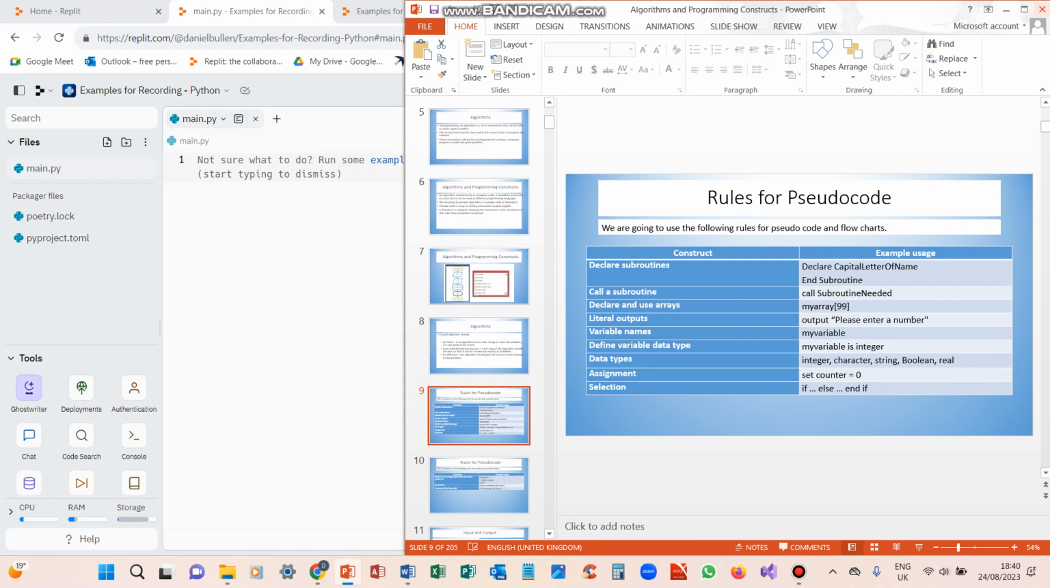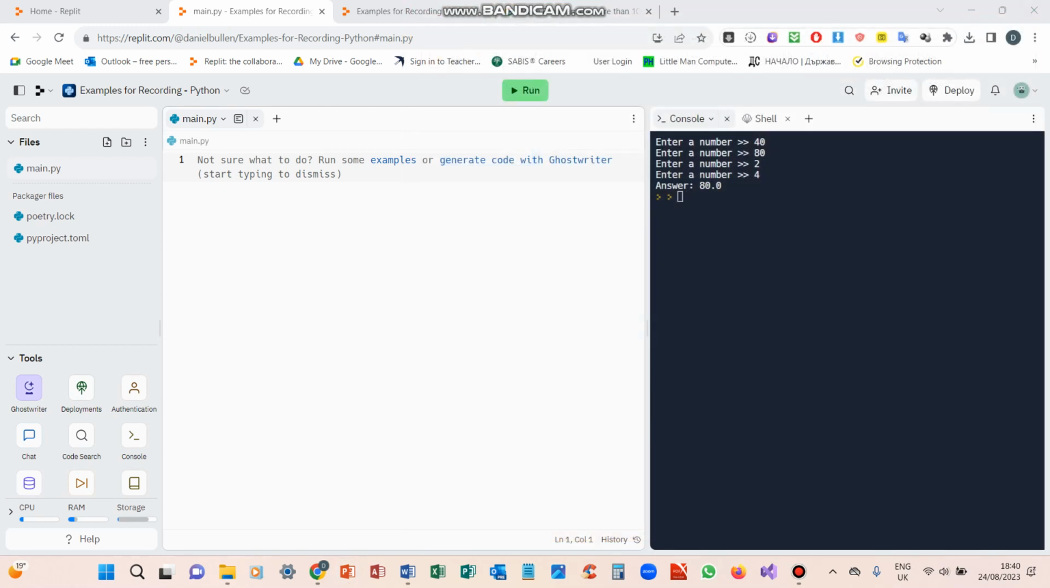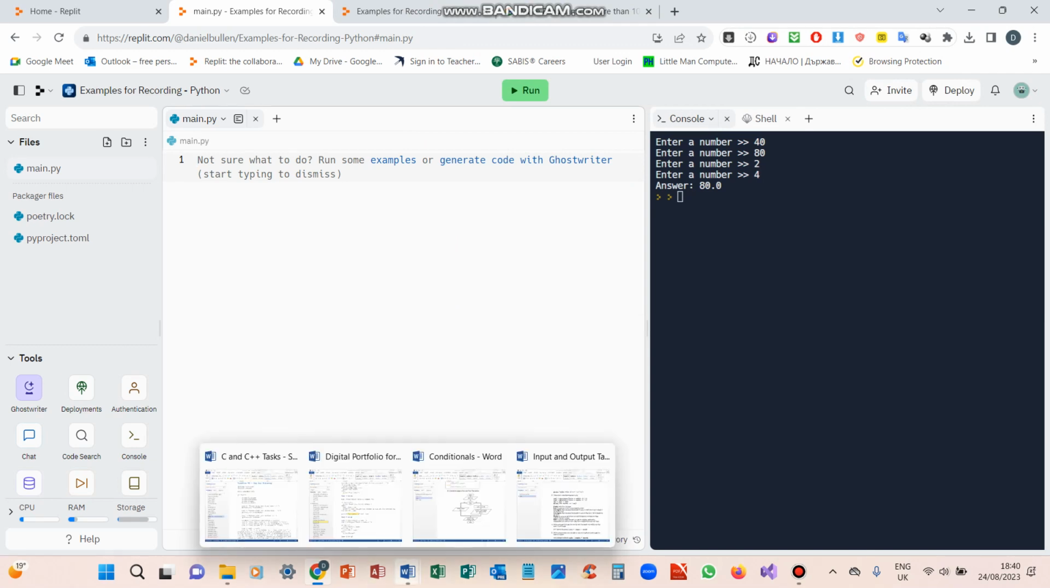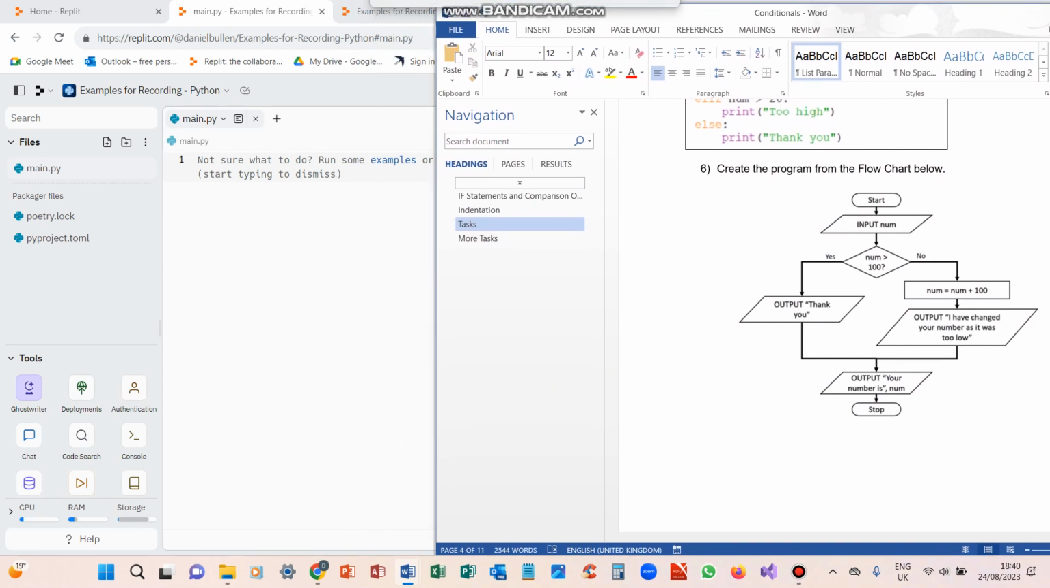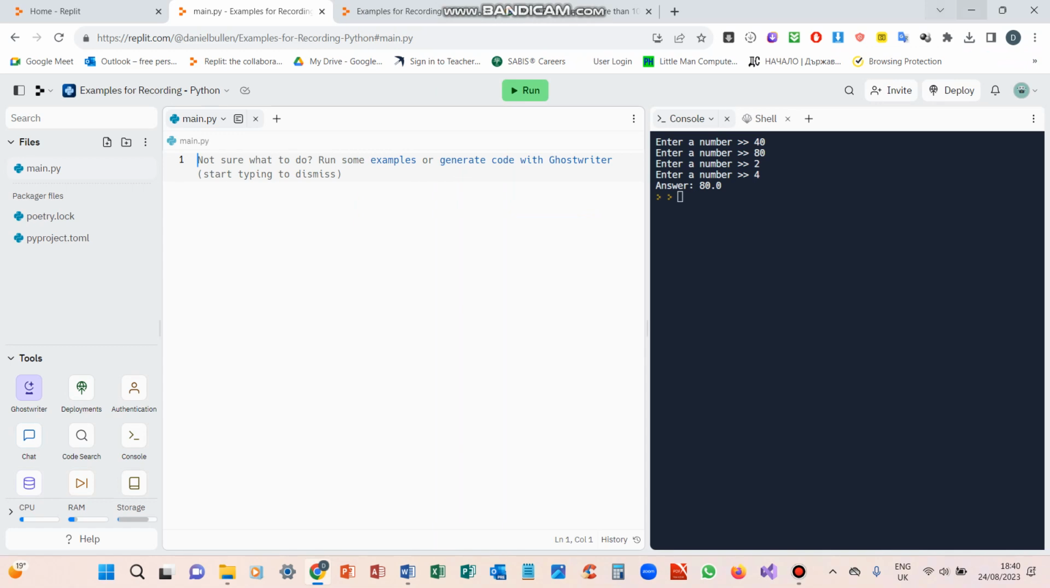So we're not going to worry too much about rules for pseudocode. We're just going to get into the task, which is we need to create a program based on this flowchart. So how are we going to do that, you ask? Well, I answer,